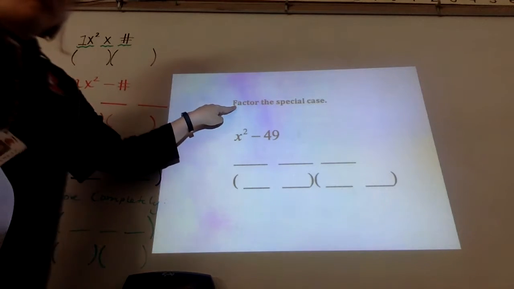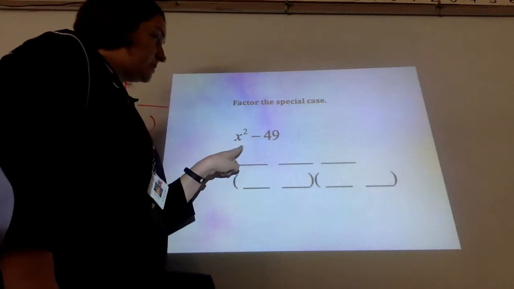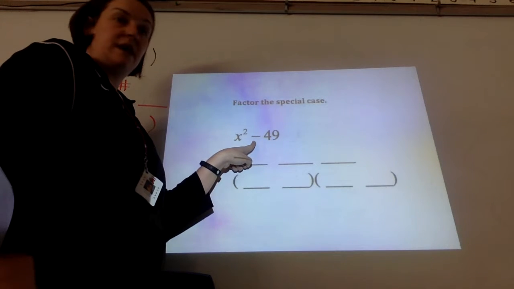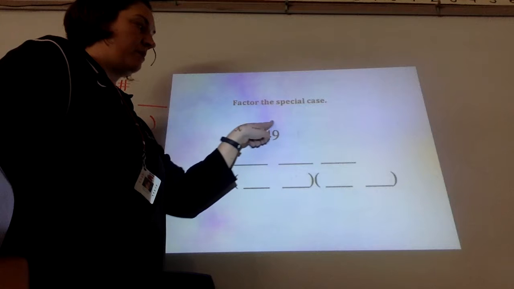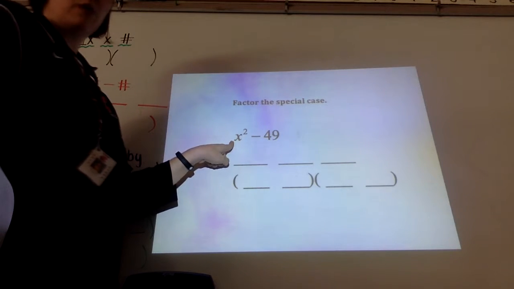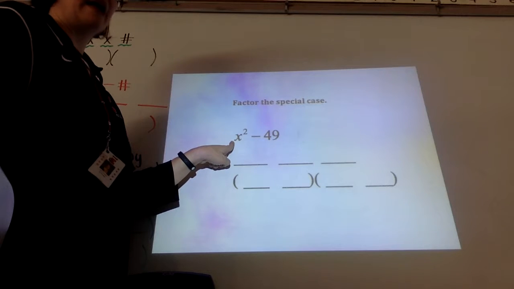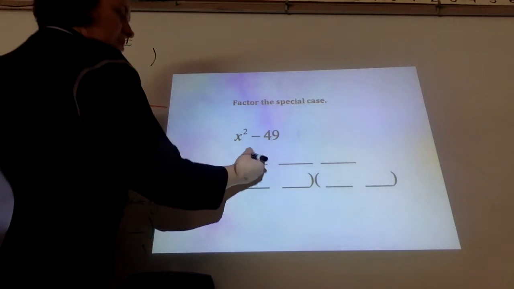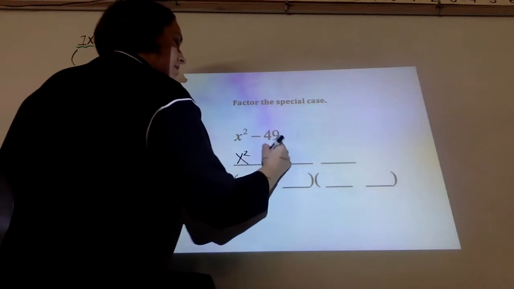Special case factoring. You're going to know you have special case because it comes in the form x squared and a number at the end with a subtraction sign. The number at the end has to be a perfect square. You could have a perfect square in front also, which we've done examples of in class. When I see this special case, I'm going to transform it